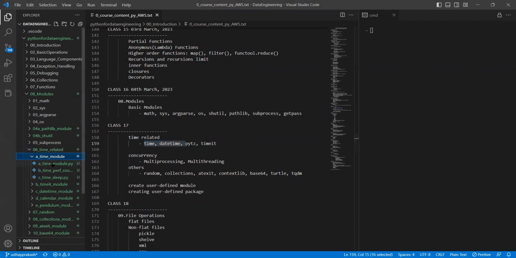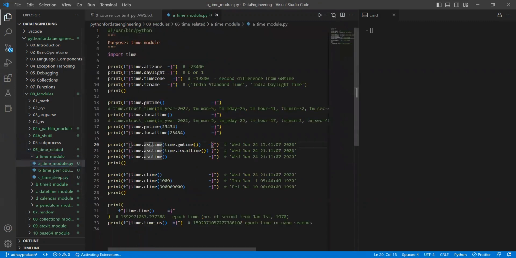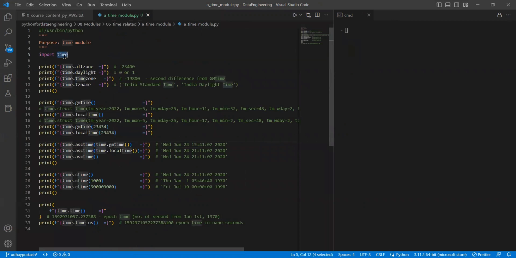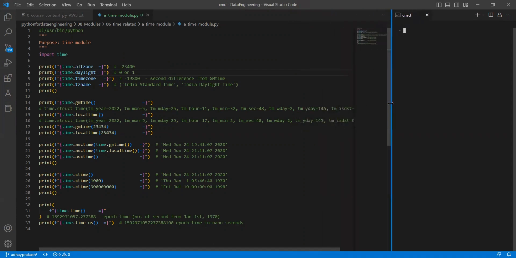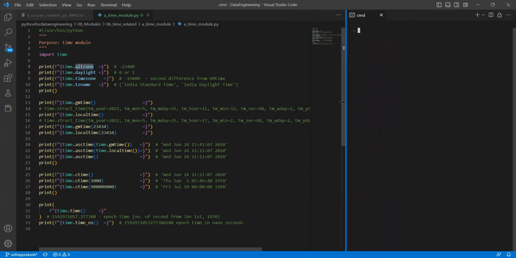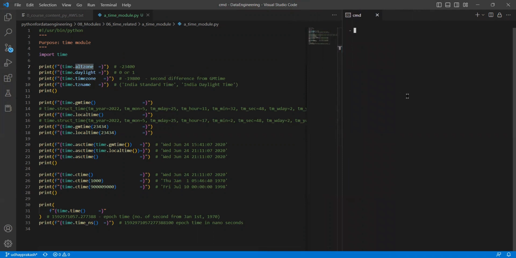So first, if you focus on the time module, what is this time module? How can it help us? Time itself is a module. If you want to get any information, like the time zone information or anything else, this time module can help us. The first and foremost thing we can learn here is about, as you see, the altzone. If you want to navigate to this directory, you can say that